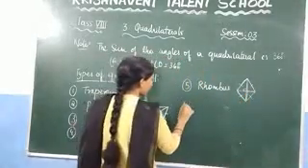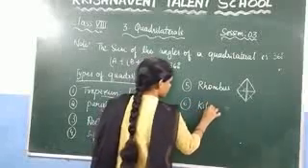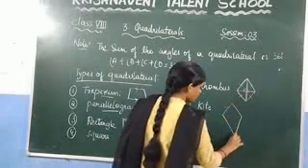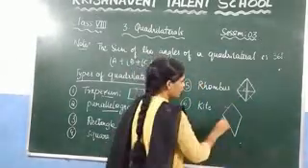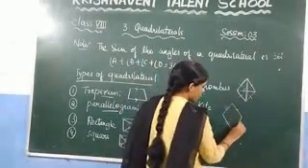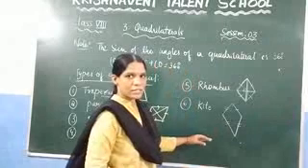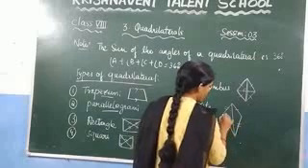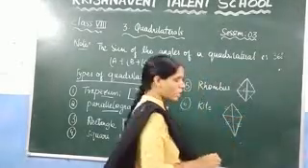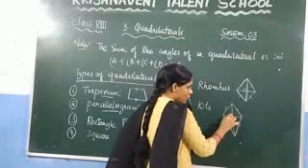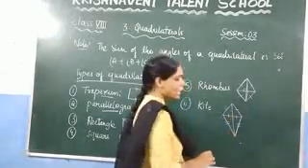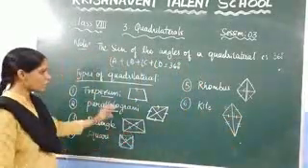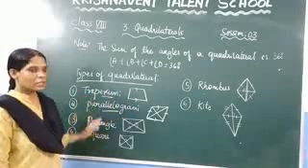And the last one we discussed is the kite. So how does it look? It looks like this. In a kite, you can clearly observe that these two sides are equal and these two sides are equal. That means the pairs of adjacent sides are equal, and similarly the diagonals are not equal. But one of the diagonals bisects the other. That means the length of this part is equal to the length of this part and the angle here is 90 degrees. These all we have discussed in the last session and I have written the properties also, so from that session you can write them.